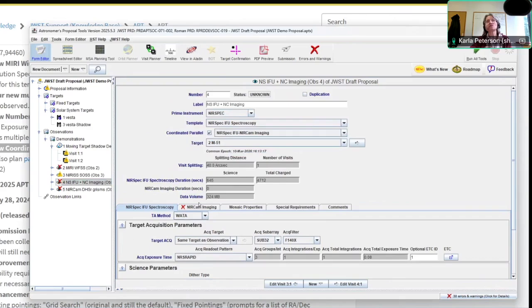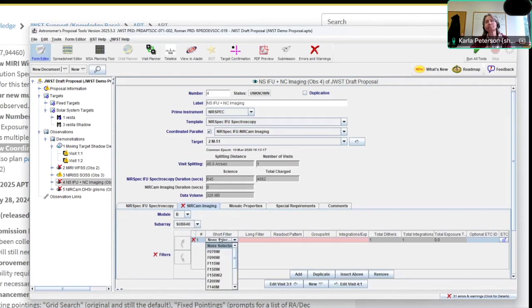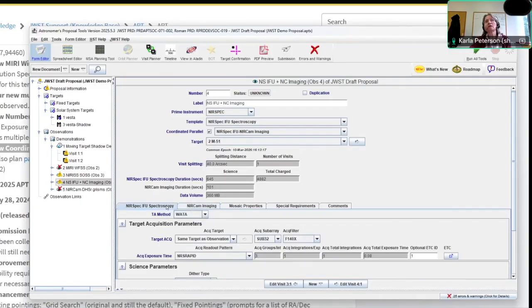And you notice down here, it kind of rearranged itself. And that's because an additional tab has popped up for the NIRCam imaging parameters. So we are now specifying just the NIRCam imaging parameters. I'm going to say module B, subarray sub640. I'm going to add a filter. I'm going to choose a short filter, a long filter, a readout pattern, a number of groups, a number of ints. And now I have a fully specified NIRCam imaging observation that will be done in parallel